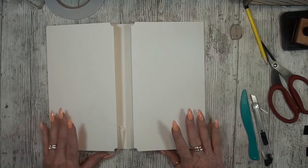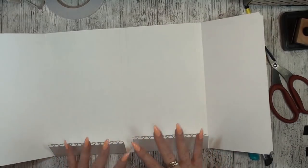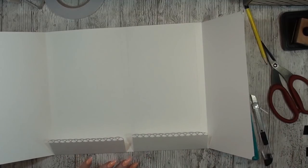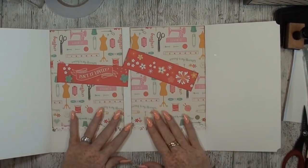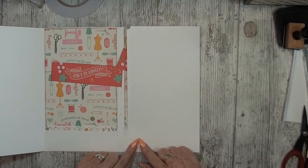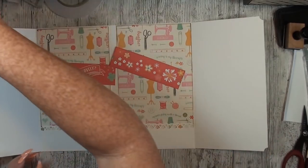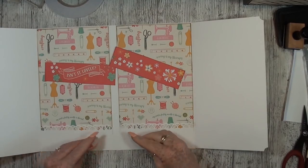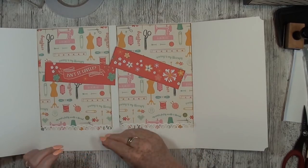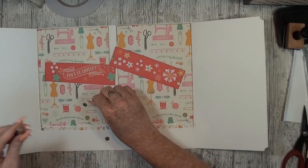So yeah, I am going to first search for the design paper on the inside and make this pocket ready. And then I am going to play with the outside pages. Alrighty, before we go on, I think I am going to use a magnet on the bottom here so it will stay a little more down. So grab some magnets,